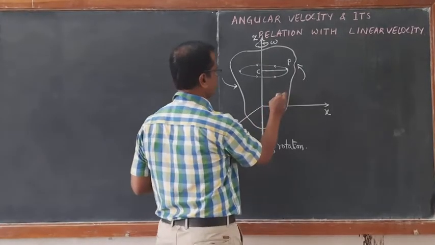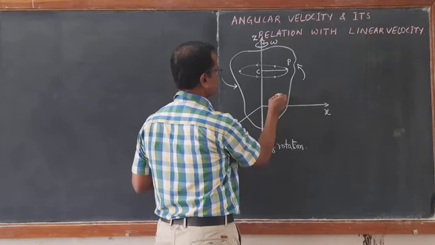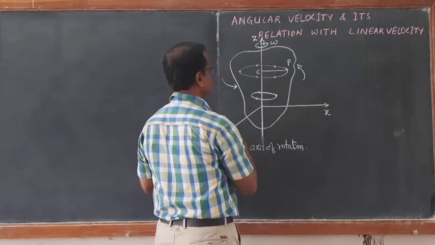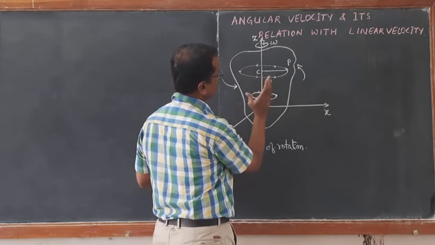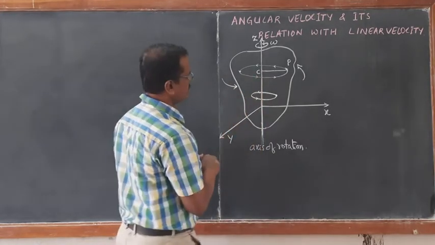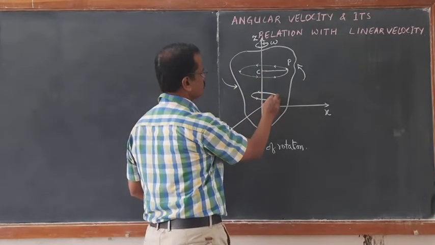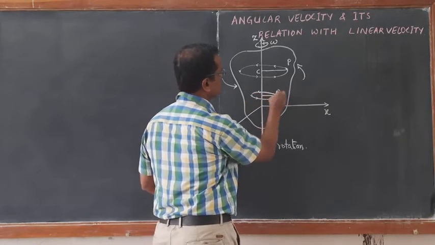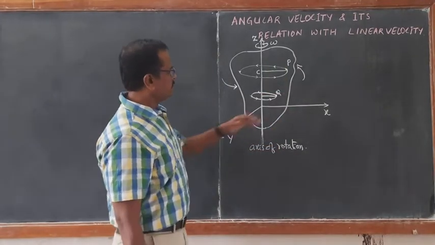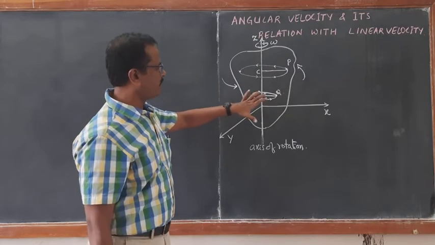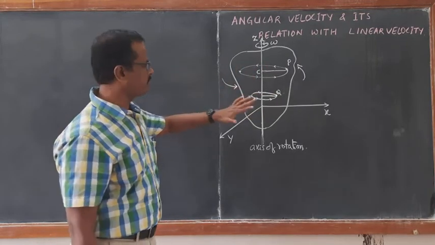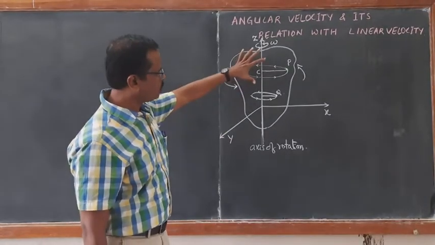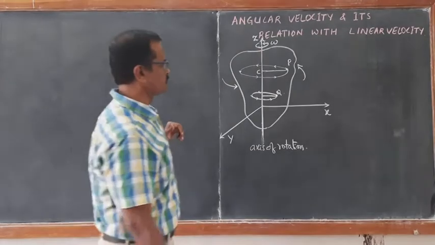For example, if I take another particle, suppose this is another particle, this particle undergoes circular motion in the same sense. If it is rotated in this anti-clockwise sense, then there is an anti-clockwise circular motion of this particle. Let us say Q. So here the perpendicular distance is different. Like that, every particle on this rigid body will have its own perpendicular distance from the axis of rotation, and each individual particle undergoes circular motion when the whole rigid body undergoes pure rotational motion.